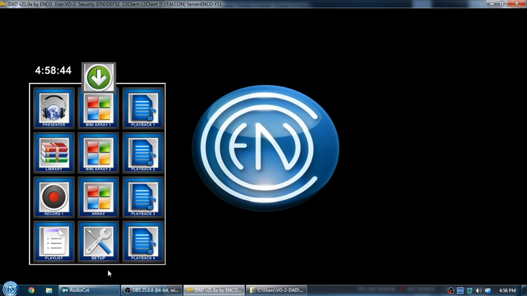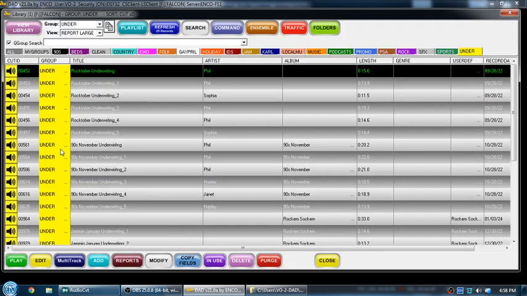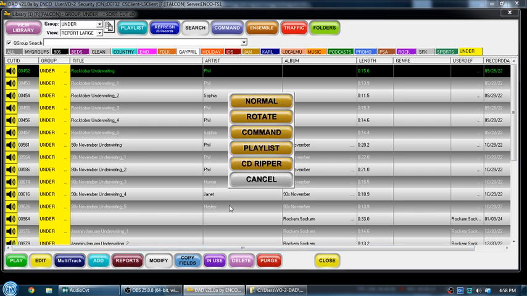Let's take a look at how you create a rotate cut in the DAD system made by ENCO. First, I'm going to go to the library, and down in the bottom from all these little tools that I can use, I'm going to hit Add, and what I'm adding is a rotate. I've heard these referred to as rotators, rotate cuts, all sorts of different ways of thinking about it, but basically